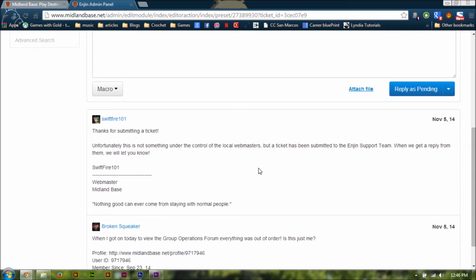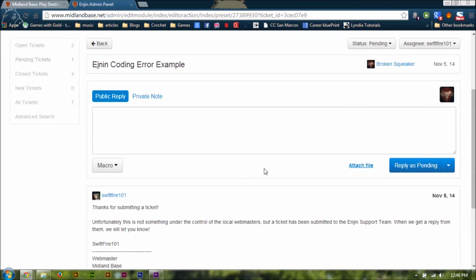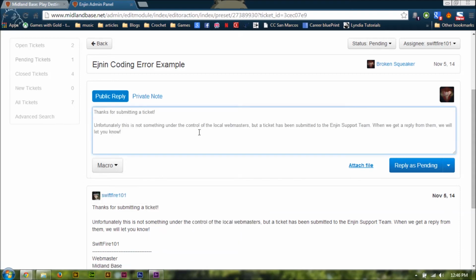We'll update our ticket to let our members know that it's also fixed. If it's a big issue, obviously we'll probably have a thread or a module about it with blinking lights that says this is broken. You don't need to tell us. We already know. But if that doesn't happen and we get a ticket about it that we have to escalate to Engine,